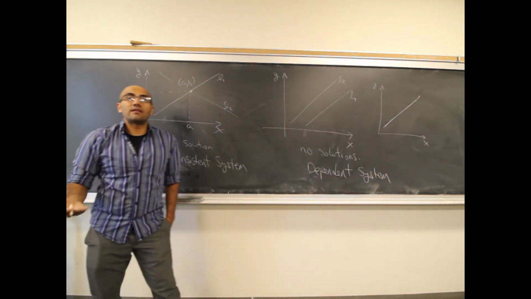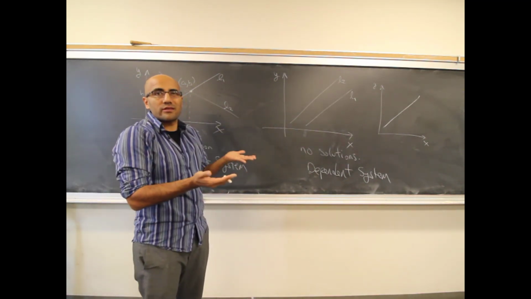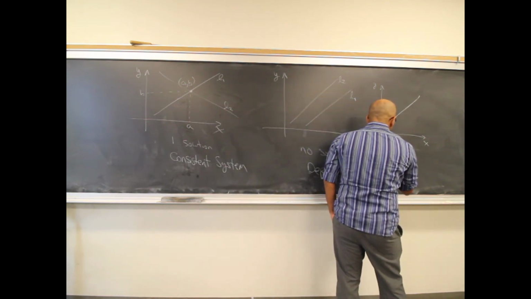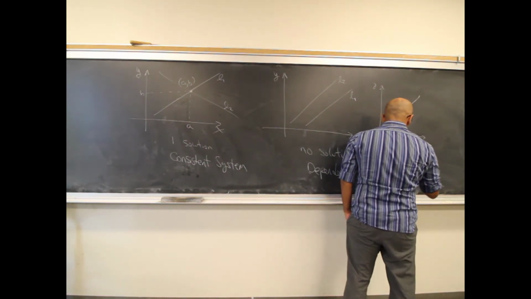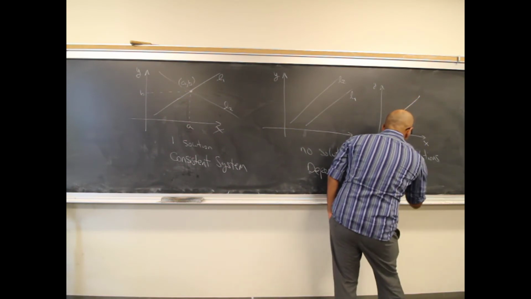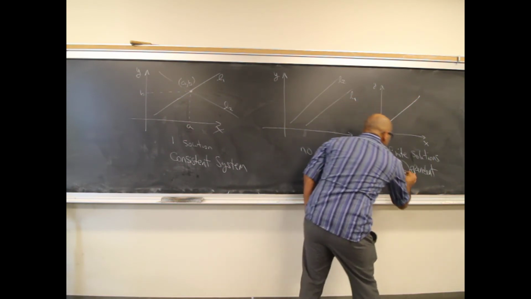There's really an infinite number of solutions, right? They're all on top of each other. Where do they touch? They touch everywhere because they're really the same line. So we say that there's an infinite number of solutions. And this system is called dependent. So a dependent system,